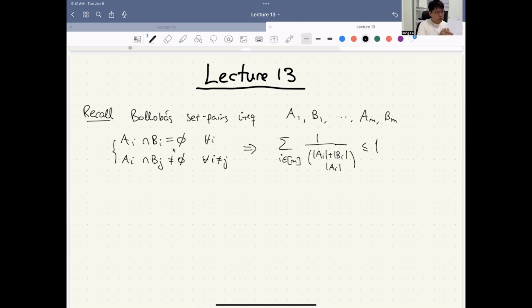For now, let's move on to some other contents. So recall that we can use this to prove LYM. LYM can be used to prove Sperner. Yeah. So let's see a very nice application of Sperner's lemma, which at first glance has nothing to do with Sperner's theorem. Okay. So before I